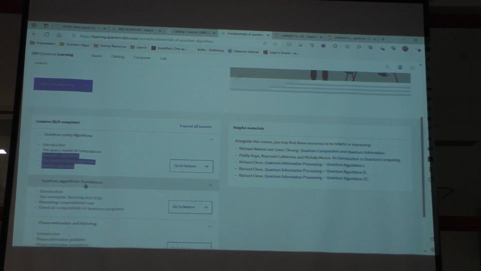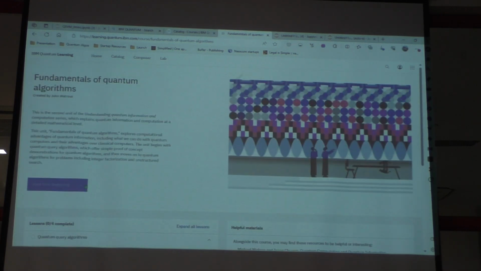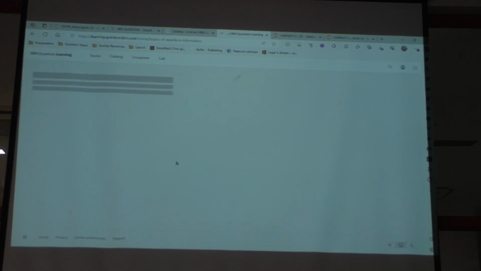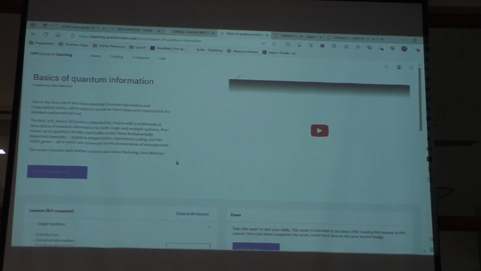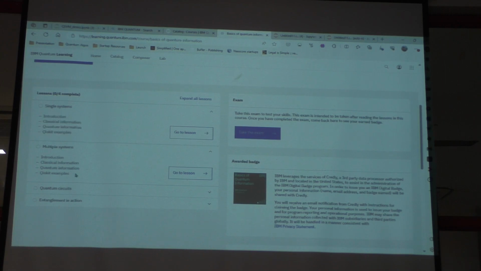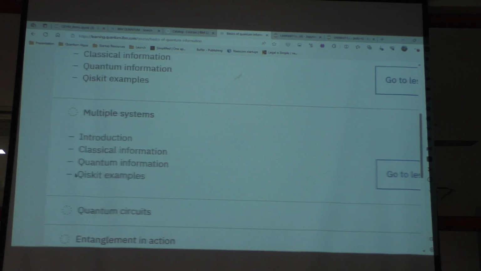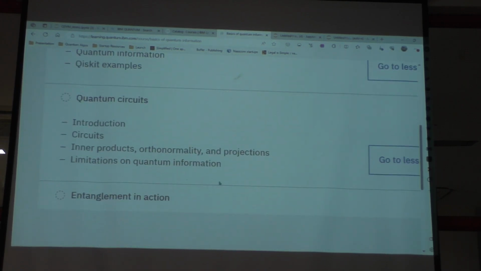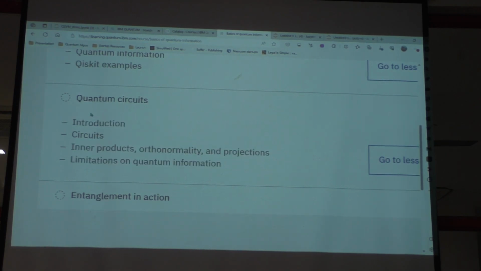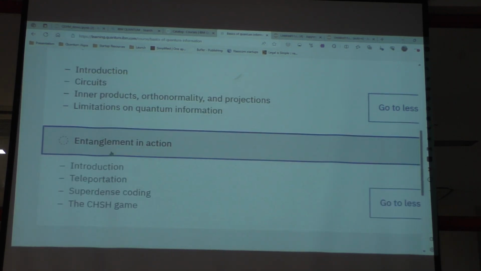It might get a little technical, so I'll suggest you start with the basics of quantum information, where you will have a much easier understanding: Qiskit examples, what is classical information, then multiple systems, which is essentially multiple qubits, and what happens once you have more than one qubit. Then again this goes to quantum circuits: what is a circuit, what are inner products, and a few other quantum mechanical terms that you need to understand. Then entanglement.